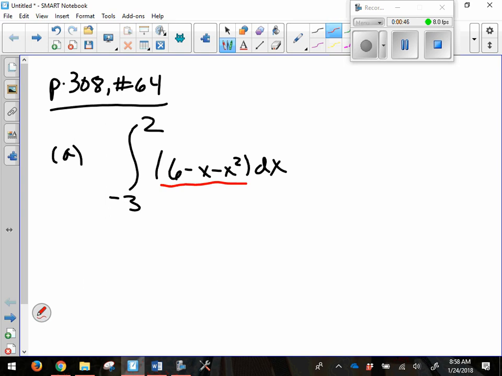and then we would substitute in the upper limit and write a minus sign and then substitute in the lower limit. And so we did all of that, and I told you that we had to leave our answer as